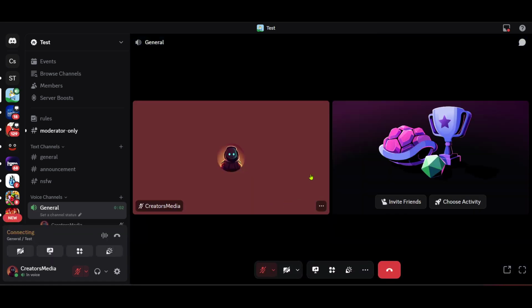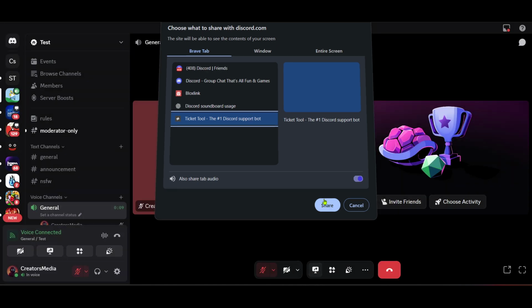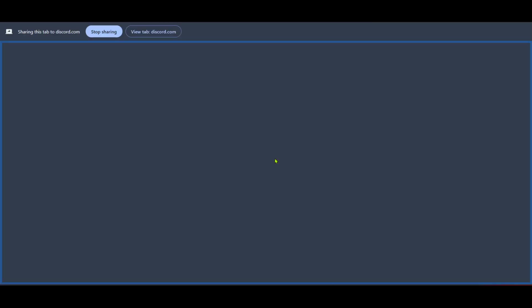With your voice channel selected, the next step is to start sharing your screen. This option is typically located at the bottom of your screen, represented by a monitor icon with an arrow pointing up. Click on the Share button, and a new window will pop up, giving you options on what exactly you want to share. Discord allows you to share your entire screen, a specific application, or a particular browser tab. Select your preference. Adjust any audio settings if necessary, and then confirm by clicking Go Live. And just like that, you're streaming on Discord.